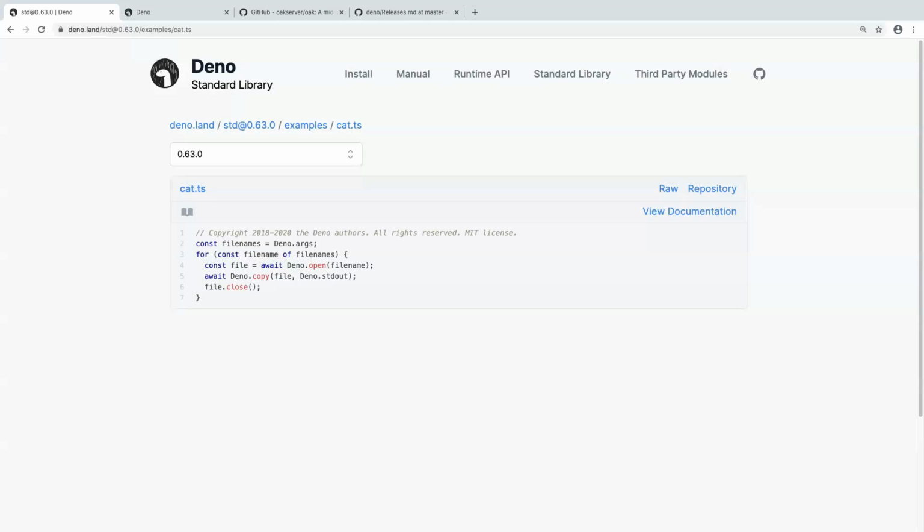The code here uses functions from the Deno namespace, such as Deno.open and Deno.copy. And as you can see here, there is no import statement in this code. Why? Because this code only uses the runtime API, and the runtime API is built-in. And because of that, no import statement is required to use these functions.